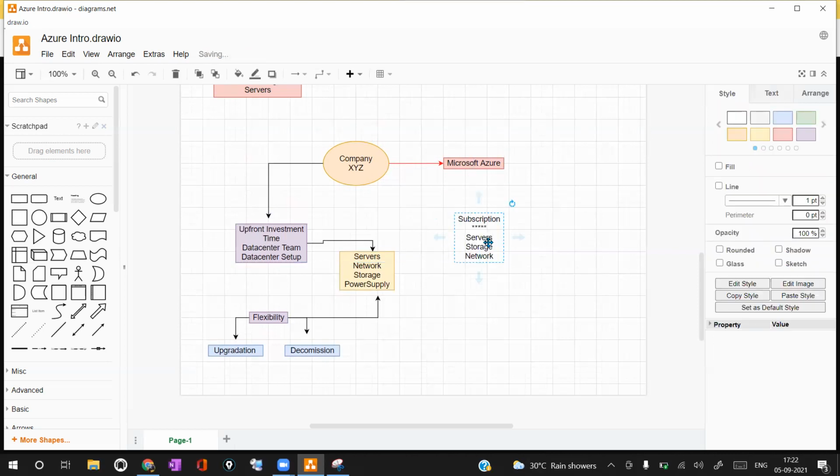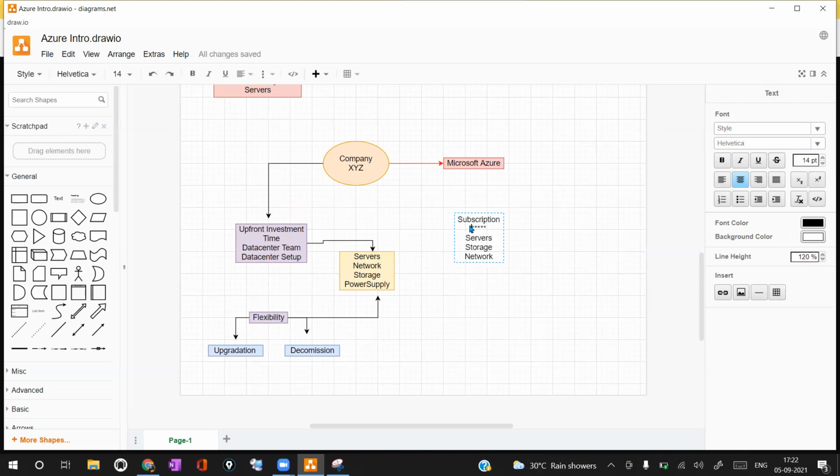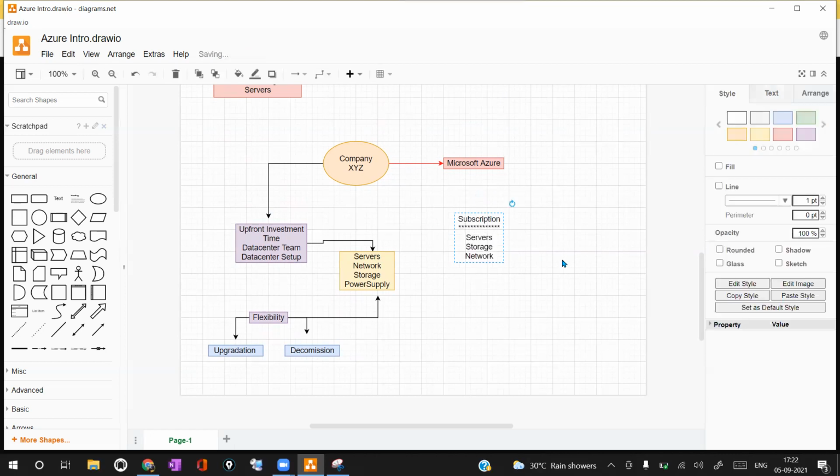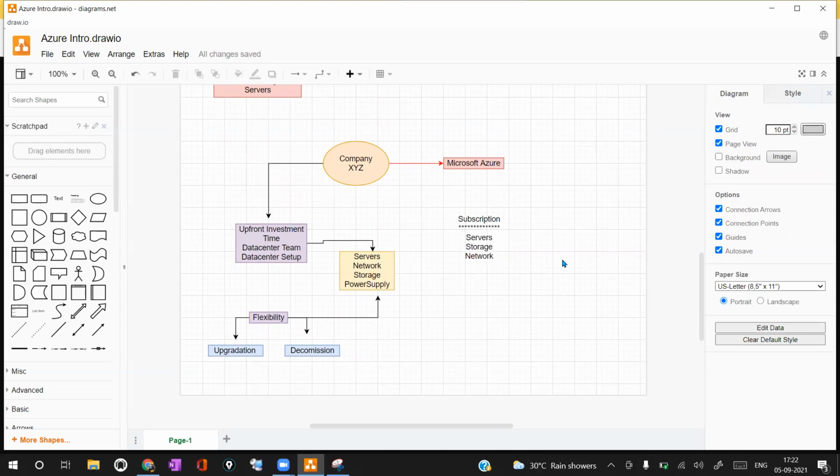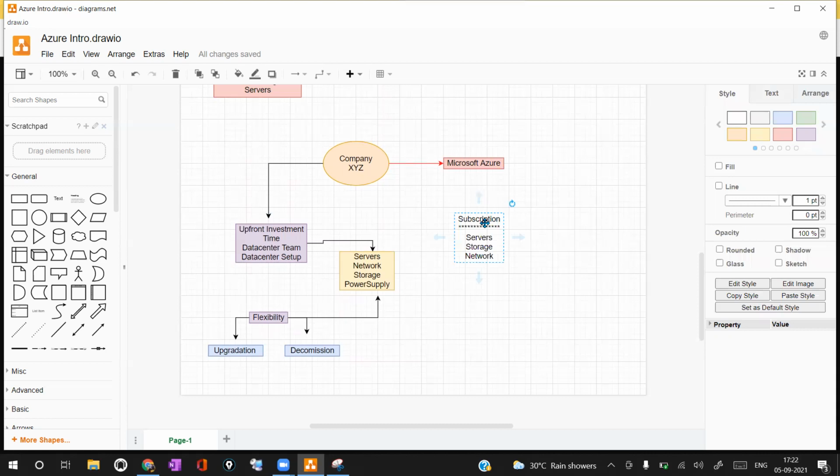To give a simple example of a subscription, let's say you have a Netflix or Amazon Prime subscription, under which you get different options: movies, shows, and different things to watch. Likewise here, if you take a subscription, you get different services which you can deploy and manage.